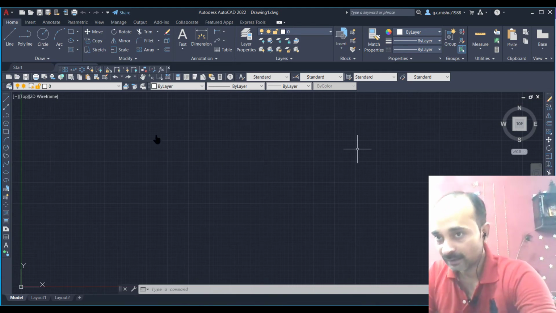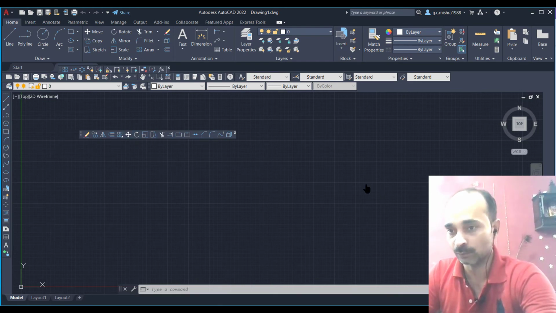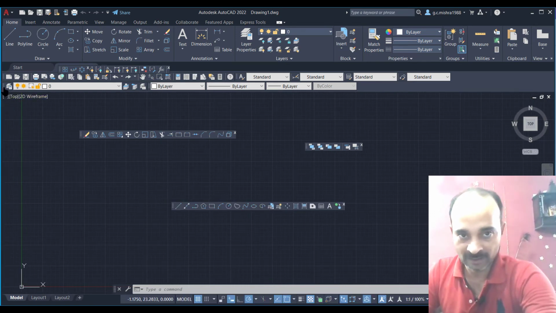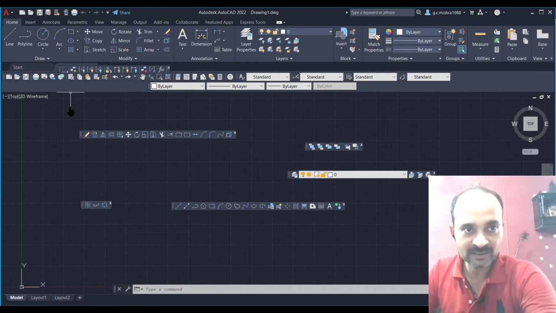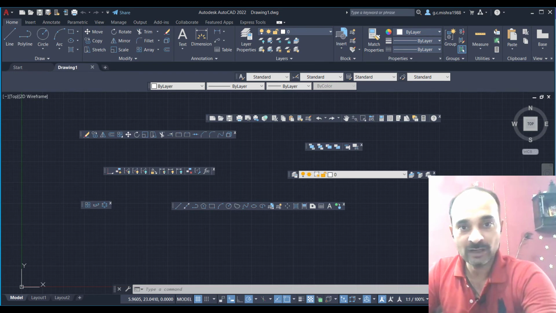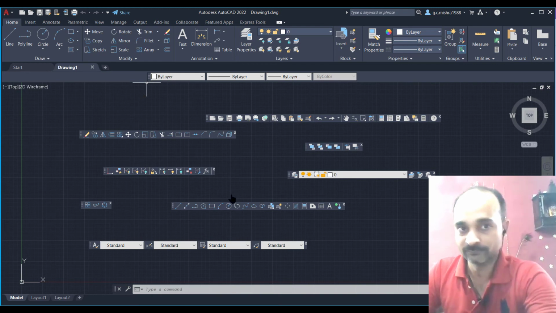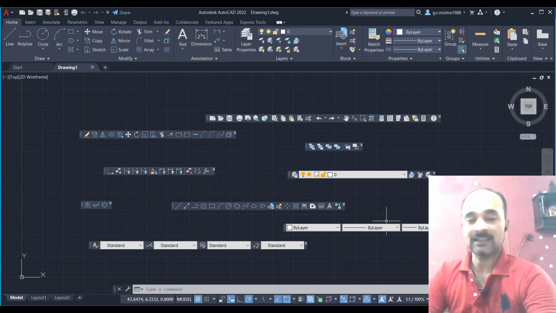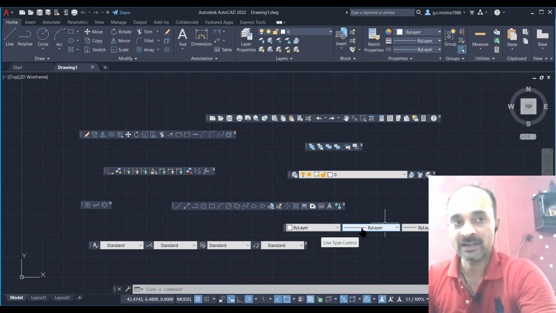You are getting this draw toolbar in the place of the tool palette. You are getting the draw toolbar here. You are getting a layer toolbar here, a modify toolbar here, which were not present in the initial interface. It means whenever you restart your AutoCAD, you can face this type of interface change several times. So you do not have to fear about that. If this type of interface change is occurring, then you have to go for resetting.